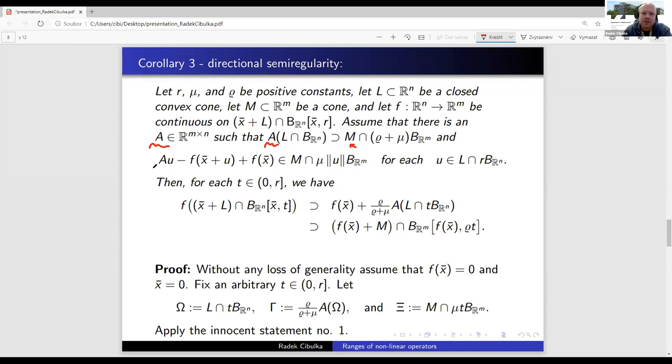And assume that the approximation is again very tight, so then you can conclude that the image of the nonlinear mapping